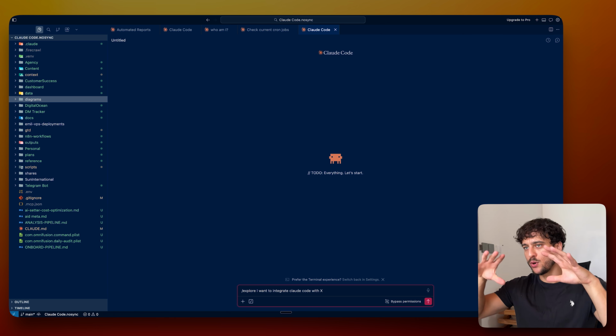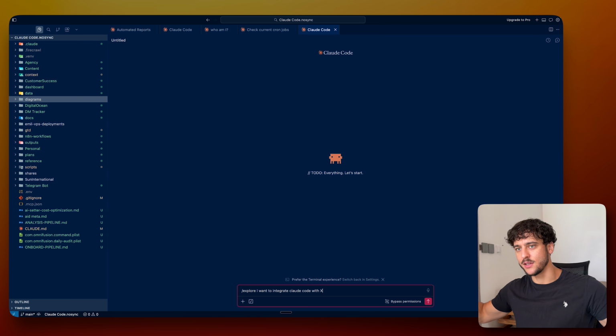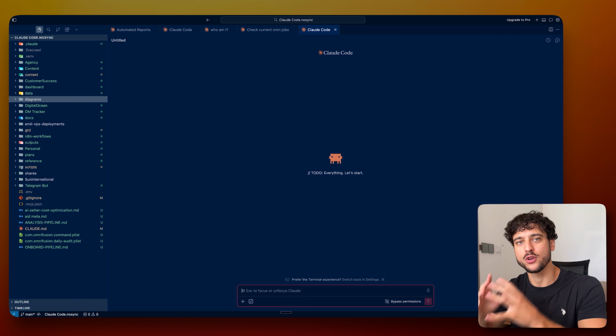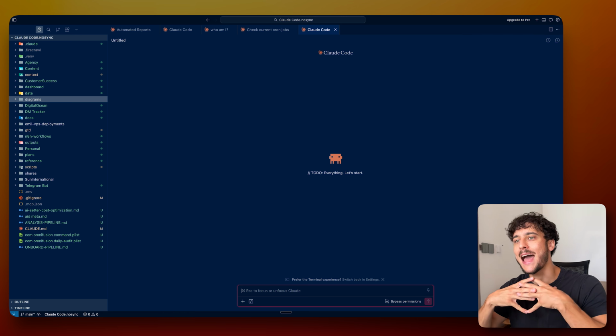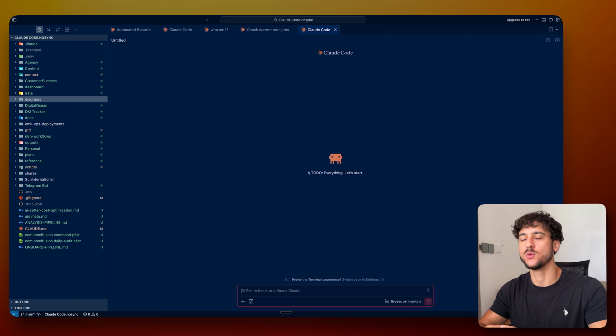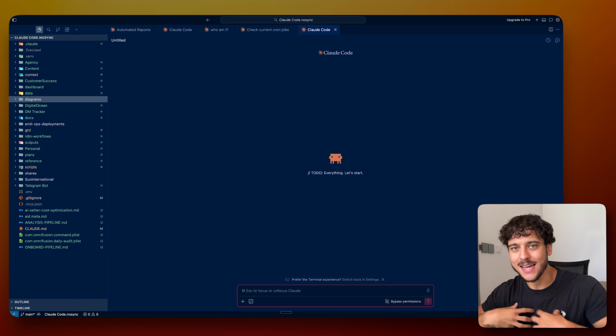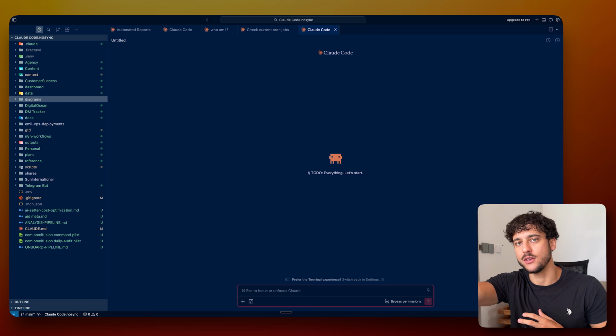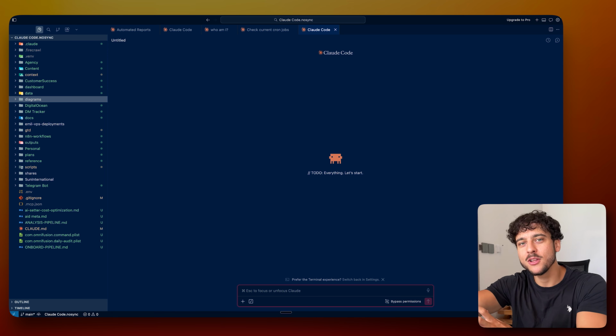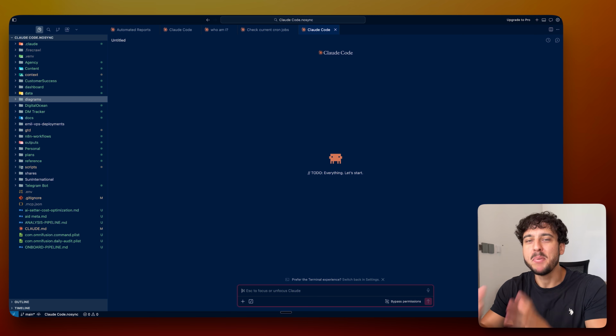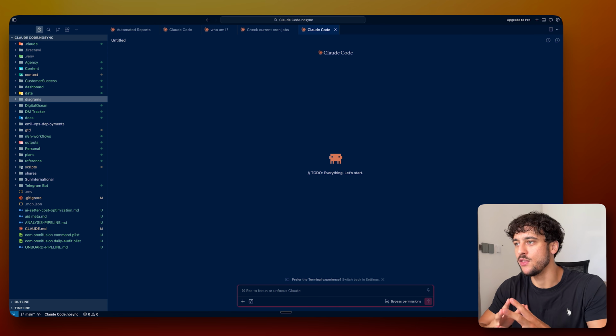Now I think at this point you sort of get the picture of how wide this can go, but putting it into practice is as easy as just starting to talk to it. Talk to Claude Code as much as possible. Ask it questions, ask it how things work, and you're going to be able to, over time, develop this actual extension of yourself that knows everything that you do, albeit probably a little bit more stupid than you are, but it really changes your life in the way that it's able to do a lot of the tasks that took